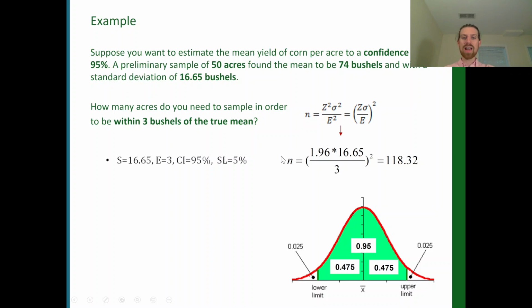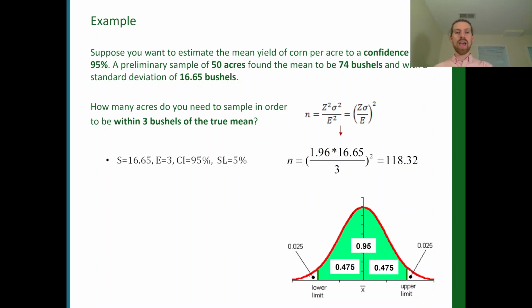In order to get this n value, how many acres we should survey, it's going to be 1.96, because that's 1.96 standard deviations above the mean for the upper limit here, and 1.96 standard deviations below the mean here. These are the standardized z-scores that we've covered many times before. Then we multiply by the 16.65 bushels to get the numerator, and divide it by the standard error that we've accepted, which is 3, and then we square them, and that gives us